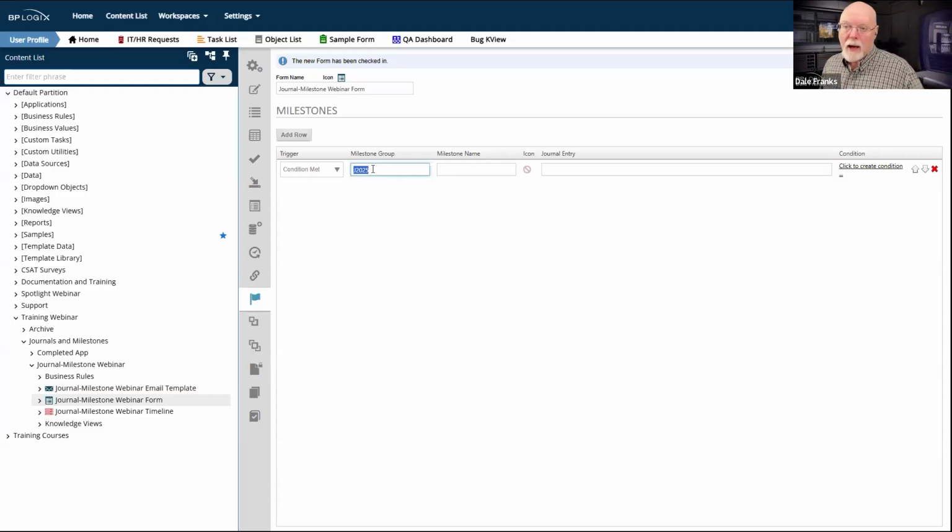And so on a journal control, I might have some journal control that only shows milestones from group 1, but I might have another journal control that I want to show milestones from group 1, 2, and 3. So I can apply multiple milestone groups to a journal control, and we'll go back and do that.